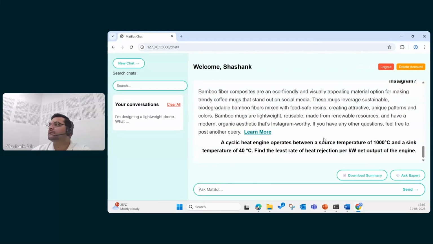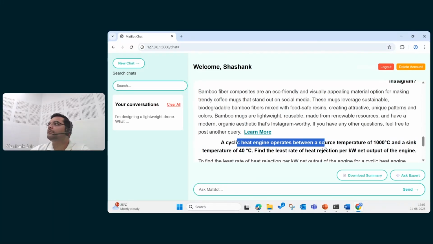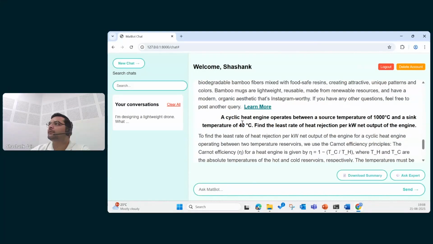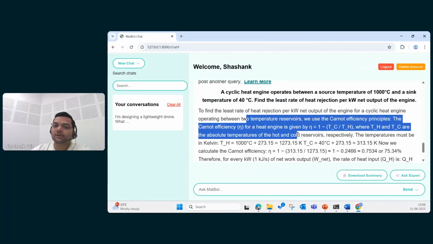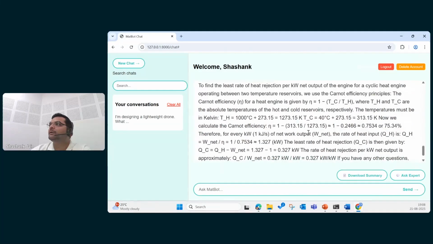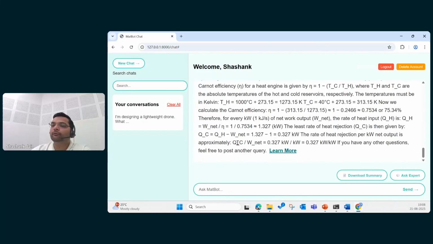This was recently asked in engineering services. This is a thermodynamics-based question. A cyclic heat engine operates between a source temperature of 1000 degrees Celsius and a sink temperature of 40 degrees Celsius. What is the least rate of heat rejection per kilowatt net output of the engine? As of now, the tabular formats have not been integrated, and I'll be talking about the future changes which will come in the MatBot. But as of now I'm showing you the capability of the tool. The tool is capable of doing the numerical solutions for you, and the answer to the question is 0.327 kilowatt. Okay,